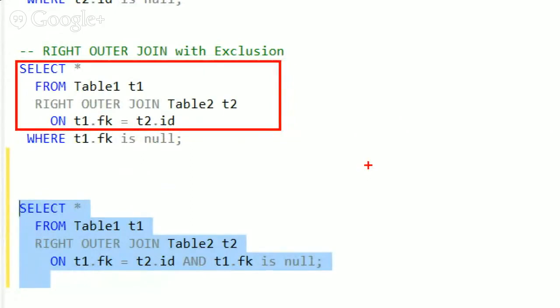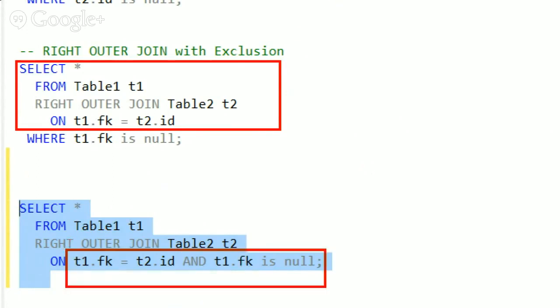It says, give me the right outer join, joining everything up. And then after it joins those together, it filters out all of them where it is null,